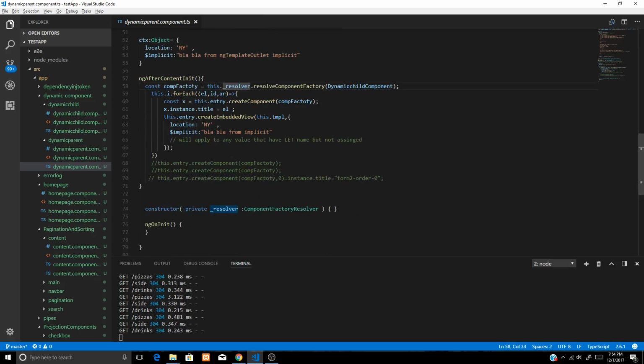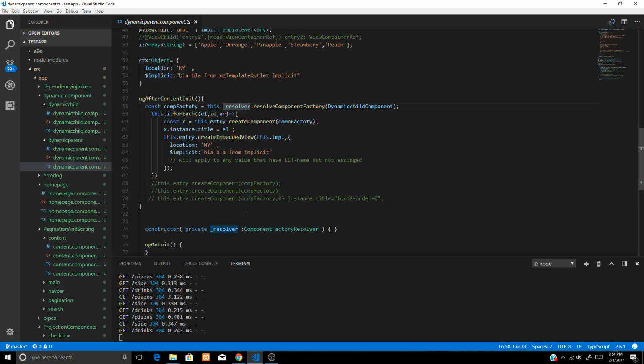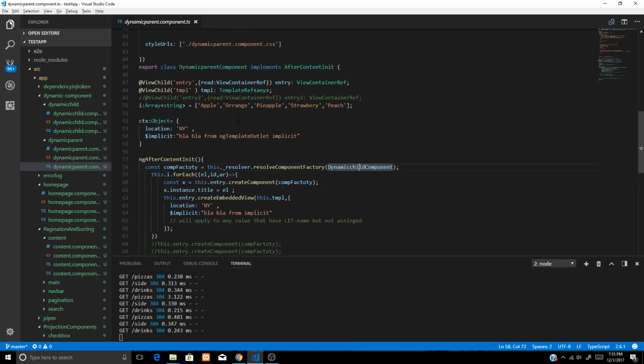If you see the constructor, we are injecting ComponentFactoryResolver from Angular core and assigning that to the name resolver, and then we are creating a constant factory and assigning it to resolver component factory, and we are creating a factory of components. And then because we want to create several times, so I have assumed a scenario